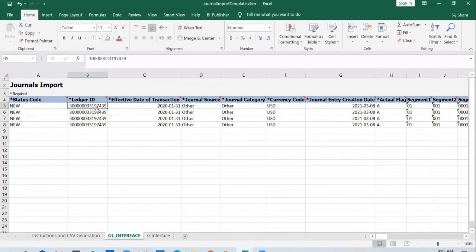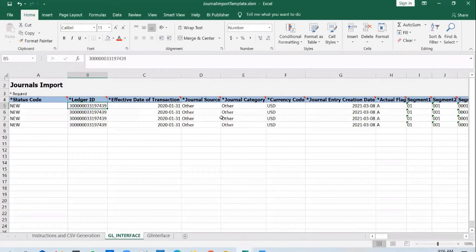And the ledger IDs. So who will tell me the ledger ID? This is the file that a client is going to give me, right? So who will pass on the ledger ID and who will pass on the source name or a category name? It works the other way around. It's usually the client who tells us what ledger needs to be configured, what source and category, and a functional consultant will set it up. And wherever there is a requirement to pass in IDs like this, you will extract the information and pass it on to the client. So they will have a reference of the ledger ID for each ledger. And depending on which ledger they want to create or import a journal into, they will pass in the appropriate values.